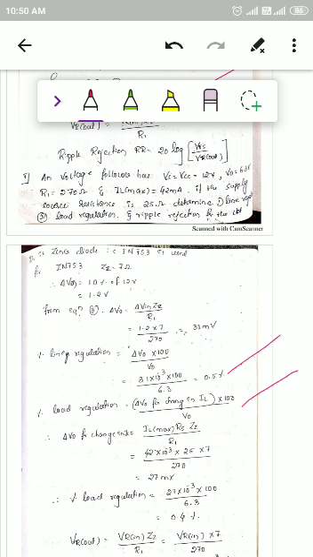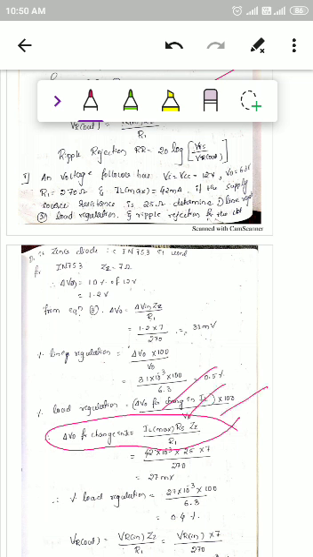Load regulation is once again delta V0 for change in the load current, that is change in IL, divided into 100 divided by V0. So we have to find delta V0 for change in IL. It can be calculated using this formula. Substitute IL max, which is given, RS is given, ZZ is known, and R1 is also given. Substitute all the values and calculate your delta V0 for change in IL.